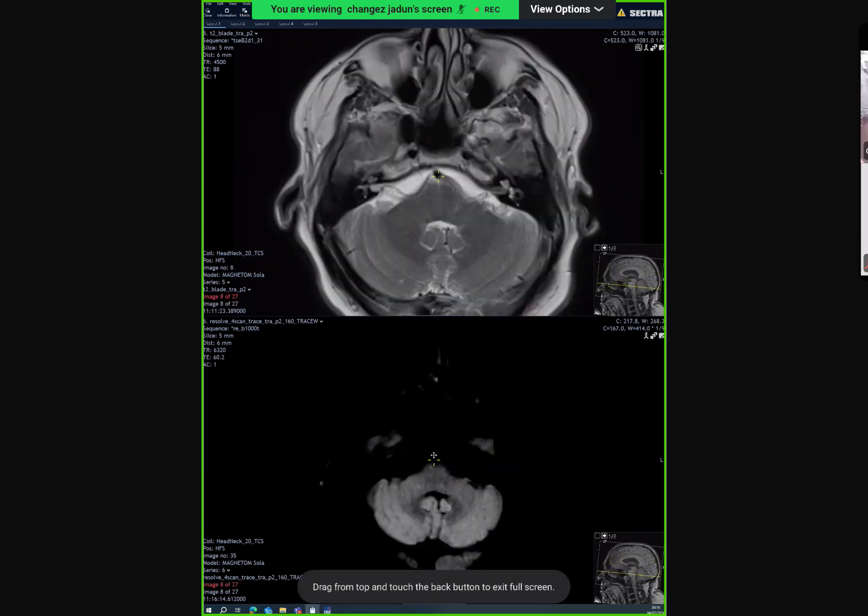Okay, so what will you do now here? The next question before the examiner asks you, what are you going to do further? What will you do? I would do a CT angiogram to rule out vertebral artery dissection. Yeah. So there are two things that you will do. One, you will do a CT angiogram to rule out one, the vertebral artery dissection, and the second,